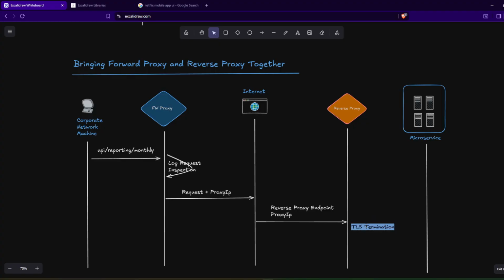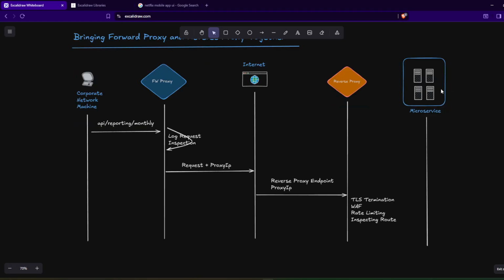After the TLS termination, things like web application firewall or WAF rules will be applied, and it will also check things like rate limiting, and after that, inspecting the route,